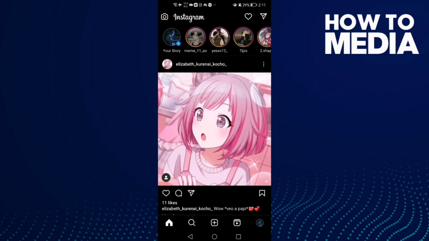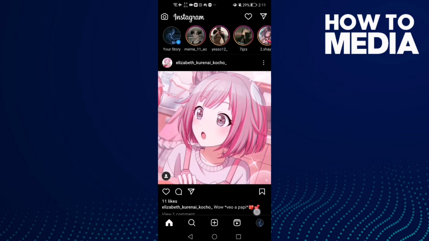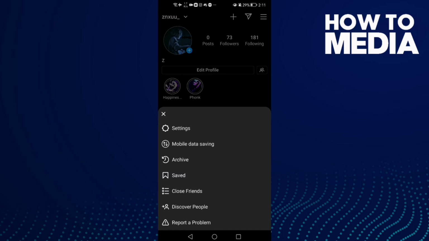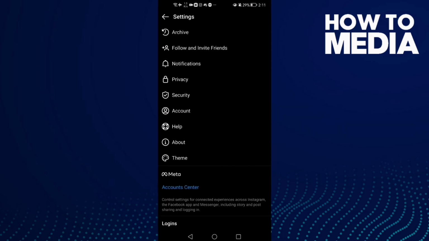and here you will find this one. You will find your profile in the bottom corner. Click on it and then click these three lines in the top corner, and here you will find settings, and